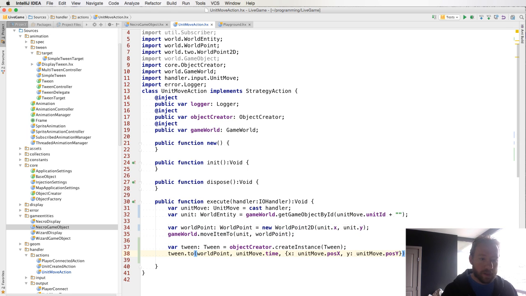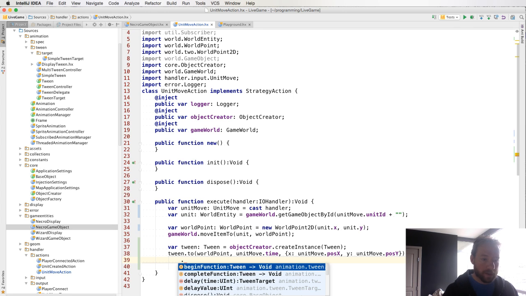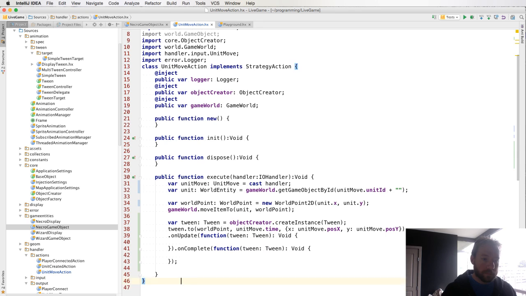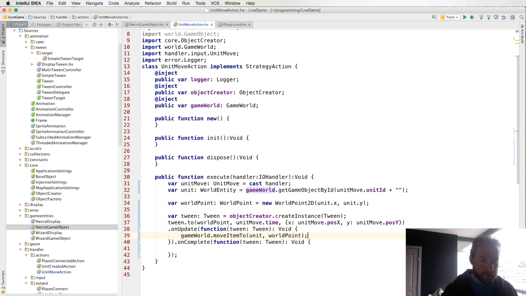And now we're going to add some properties here, which is going to be our update function. And then we're going to do our update function on complete. Oh, this is the problem. On update, on complete function tween void. Okay. And now on update, we can actually grab the game world, move item to the new world point, so I'll just update the new world point. And then on complete,